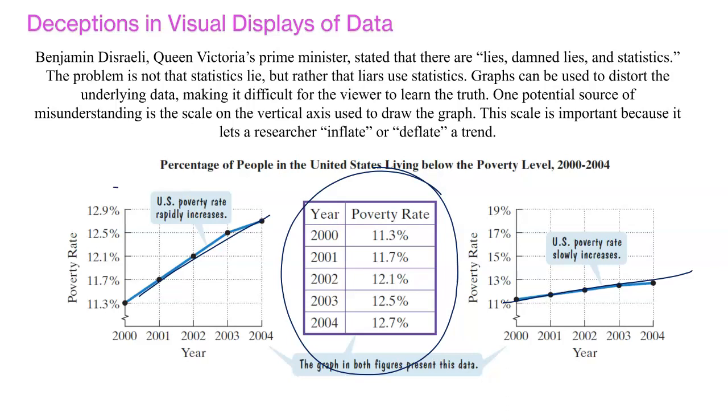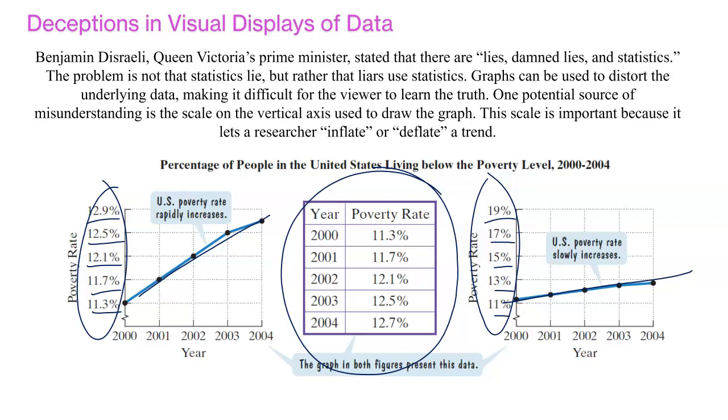Yeah, the y-axis. They're the same values for the data points themselves, but the range on the y-axis is different. This is a 0.4% increase per tick mark versus a 2% increase per tick mark. So how the data is being presented, it doesn't mean that either of these graphs is wrong. They present the data as it is, but they present it in such a way that you could push one